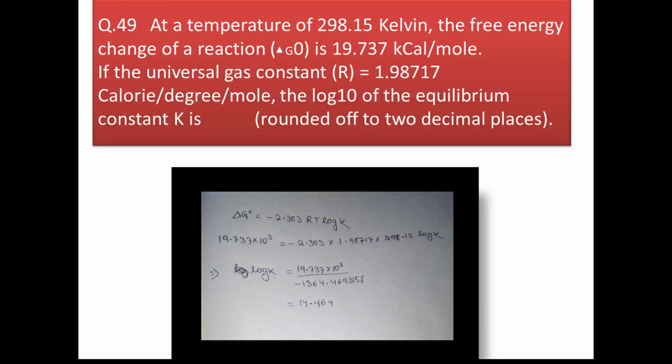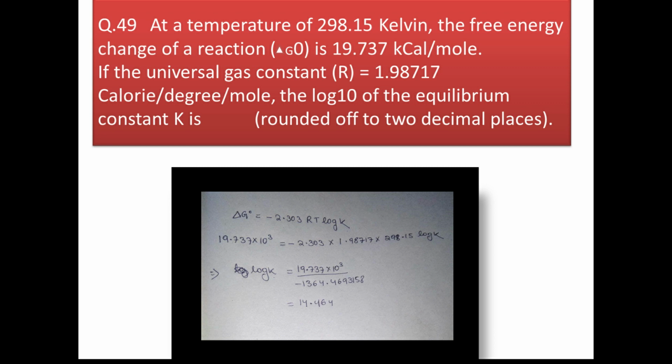Now in the next question, we will use a formula, that is the formula of Gibbs free energy, that is del G naught equal to minus RT ln K, which is equal to minus 2.303 RT log K. Okay. Now in this formula you have to put all the values that is given below, minus 14.45.